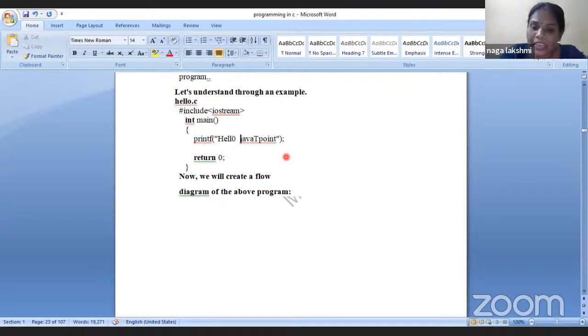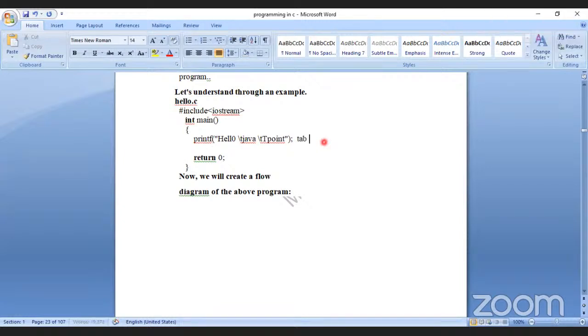Instead, you can include \t. Here, if I include \t between the words, please make a note of it, girls. Once you enter the lab, you can practice this. If I write like this, each and every word is going to be separated by space. Here \t is meant for tab space. What is it meant for? Tab space.